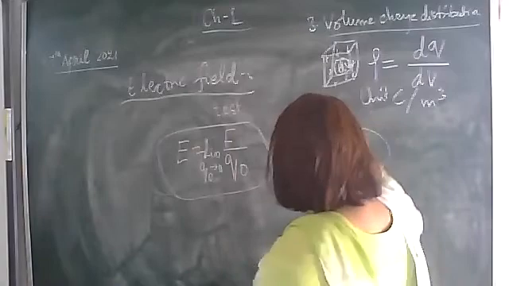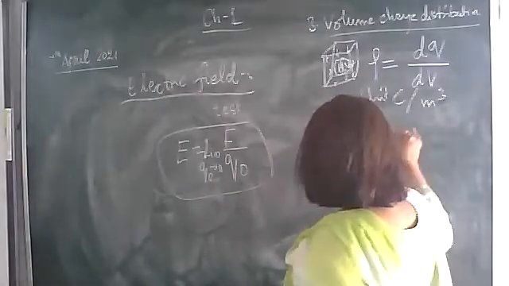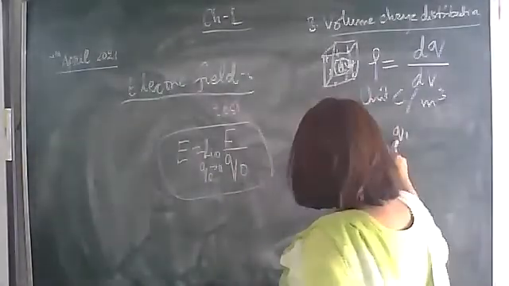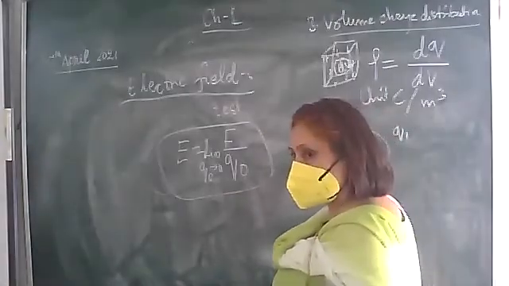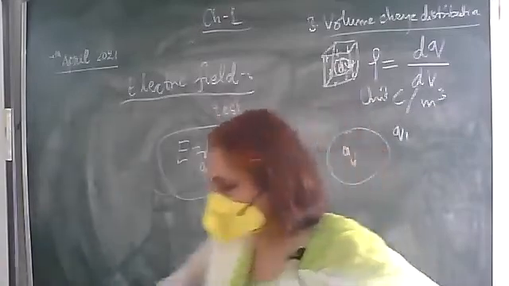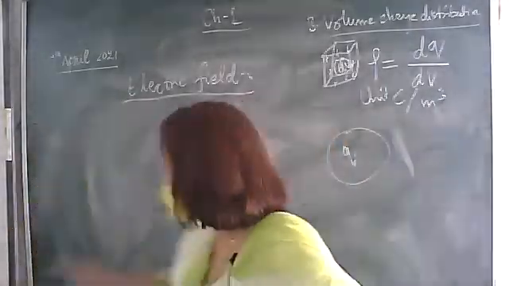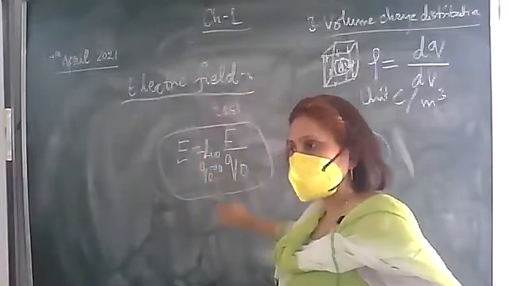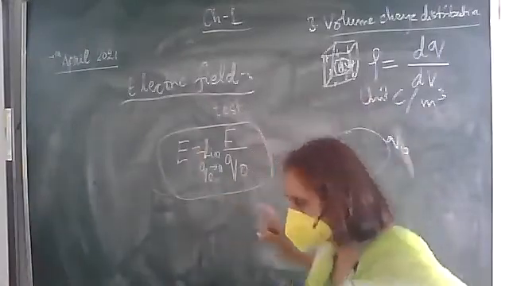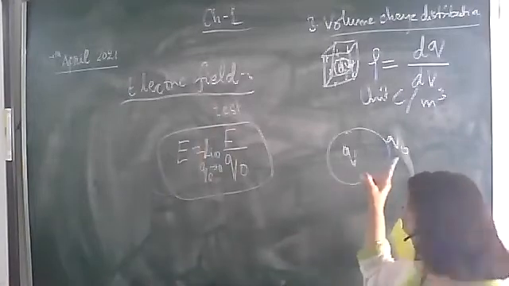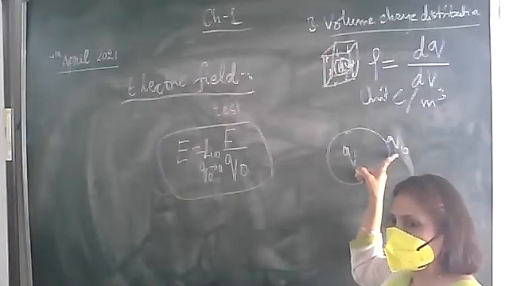In order to experience that, in how much region can the electrostatic force be experienced? If we bring another charge, suppose Q1, this charge also has some electric field. So what will happen? Its electric field will be intercepted by the electric field of this charge. So which charge has to be brought? An infinitely small charge, that is, limit Q naught tending to 0, which we call a test charge. So an infinitely small charge is brought close to this Q charge in order to test the electric field of this particular charge. That is why this is called the test charge.